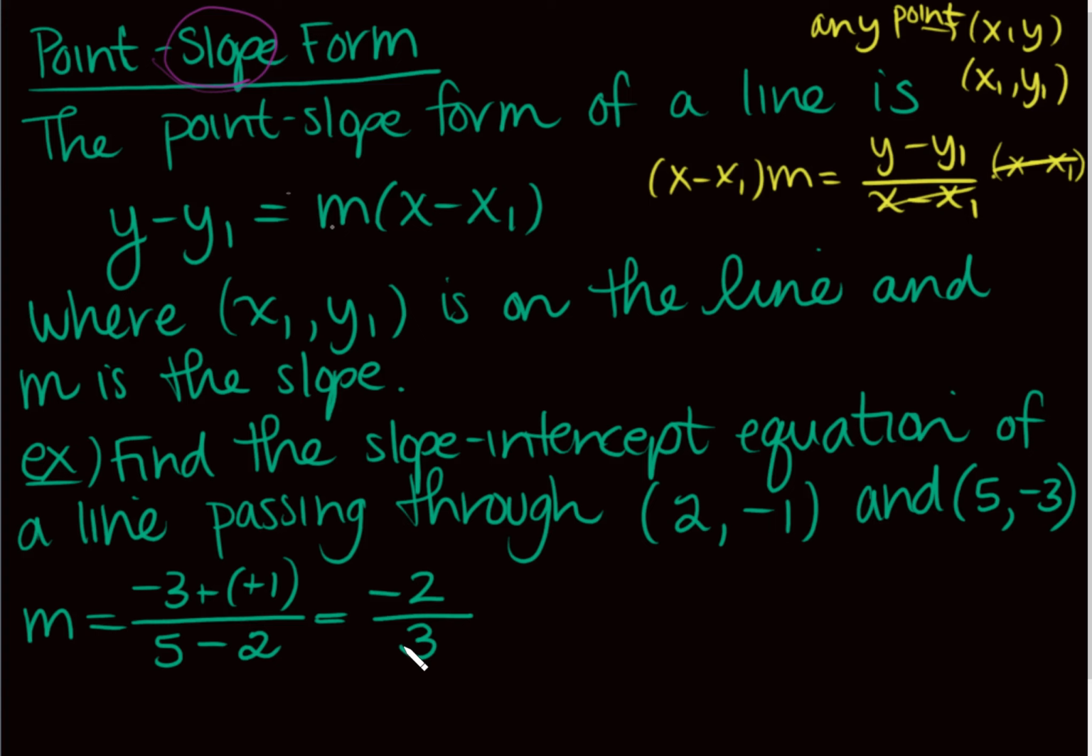-2/3. And now what I want to do, so notice neither one of these are y-intercepts. How do I know that? How do I know they're not y-intercepts? Because these are not zeros. Okay. Now I know you can plug this into y equals mx plus b and plug your y and your x in and solve for b,